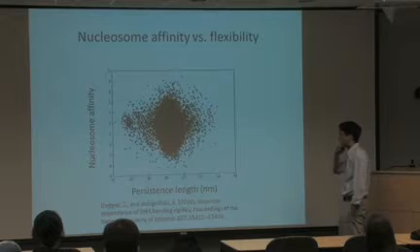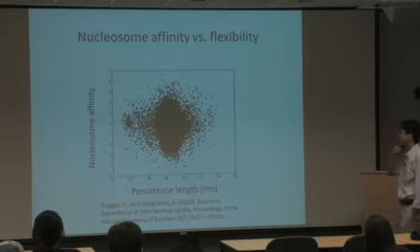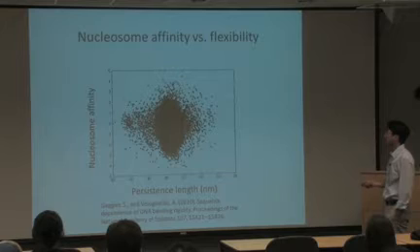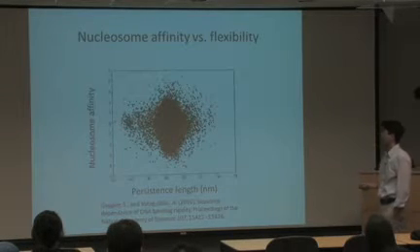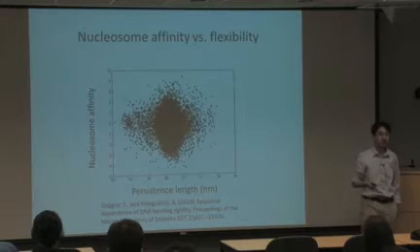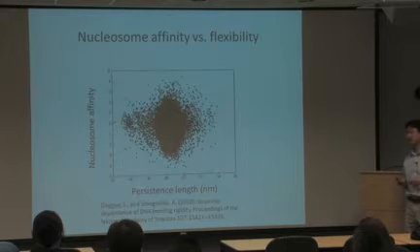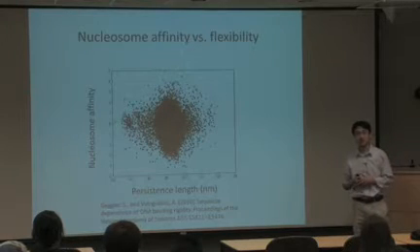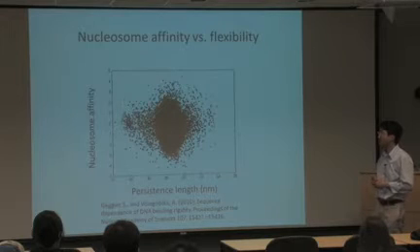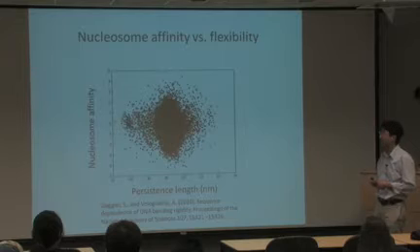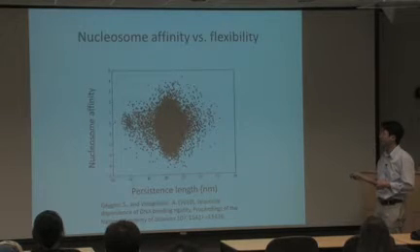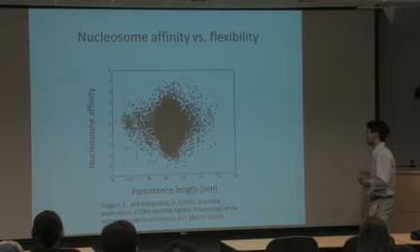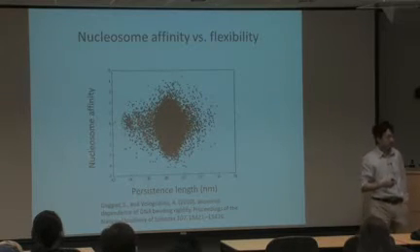So I'm showing you a plot that combines 2 different data sets. Well, actually, it's 1 data set that is compared with theoretical prediction. What's shown here is nucleosome affinity versus persistence length. Widom and Siegel a few years ago did a very important study using synthetic DNA molecules. They assembled about 10,000 different DNA sequences and mixed those DNA sequences with histone proteins and measured the affinity of all these molecules. What's shown on the y-axis is the affinity measured from that experiment. And this is log 2 based, so from -4 to 4 here, it's about 400-fold different. And then on the x-axis is the persistence length of that DNA sequence molecule predicted from an independent study